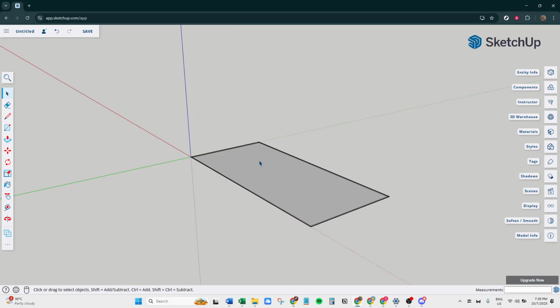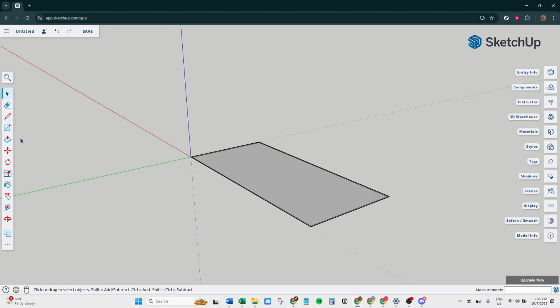First up, let's open up SketchUp in your browser. If you haven't already done so, simply navigate to the website. Log in if necessary, and launch the application. You should now see the SketchUp workspace. It's filled with tools and menus. But don't worry, we'll break it all down step by step.